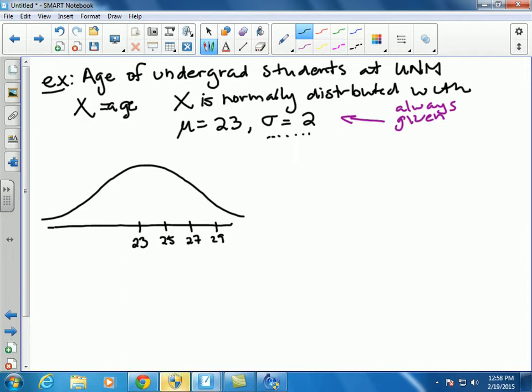So I'm adding the standard deviations. This is the same as mu plus 1 sigma, mu plus 2 sigma, mu plus 3 sigma, and then vice versa. I'm going to take it away on this side. I'm going to take away 2 because that's one standard deviation, another 2 because that's another standard deviation, and then I'm going to take another. Okay? So what this says is that if we use the empirical rule,